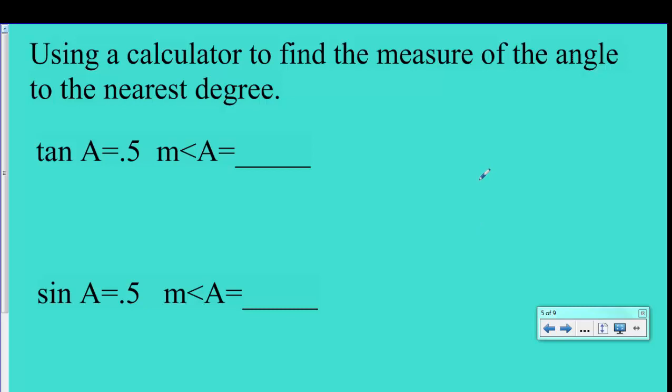First thing we'll learn is how to use the graphing calculator or scientific calculator. We'll use a calculator to find the measure of an angle if we're given a decimal, as in this one, for the ratio. Here is 1/2 or 0.5, the ratio that we would find for the tangent. Let's say I want to know the measure of the angle. Go to your calculator,